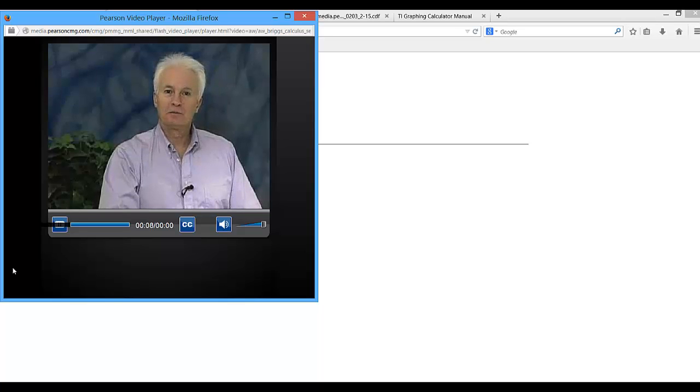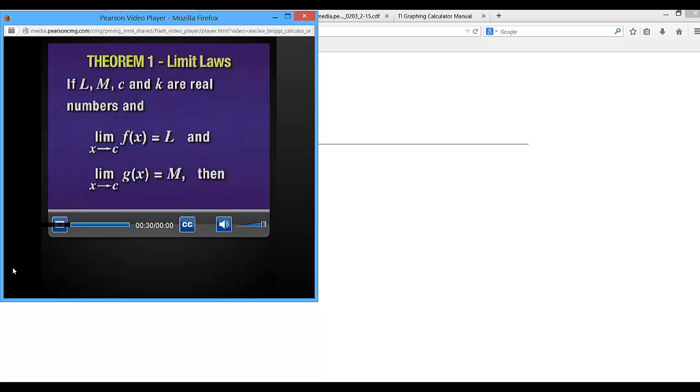Hello, I'm Dr. Maurice Dupre, and in this section we're going to discuss calculating limits using the limit laws. Our basic objective here is to see how, when we look at a limit problem involving a complex algebraic expression, we can use limit rules to break it down into simple pieces. The main theorem that allows us to break complex limit problems into simple ones is